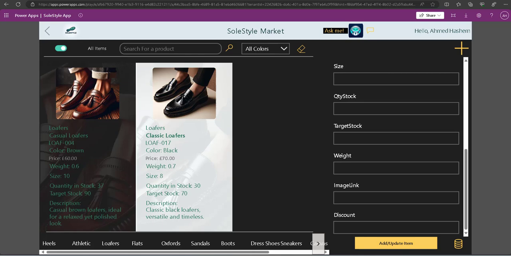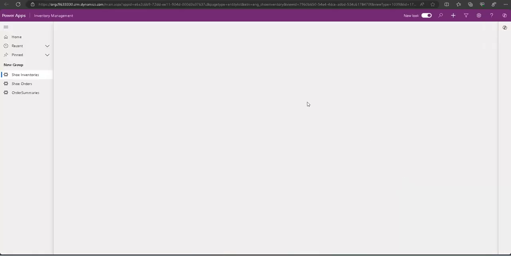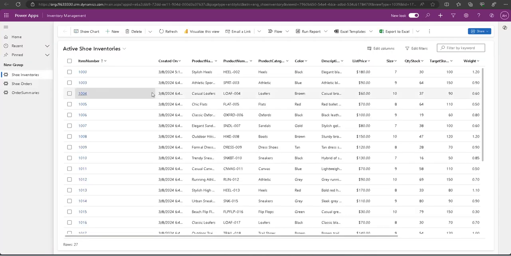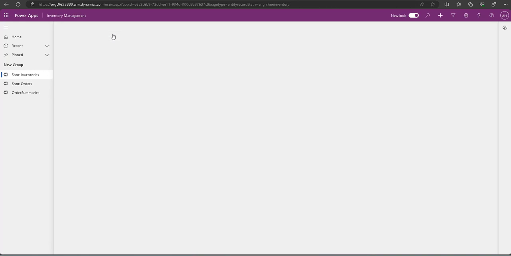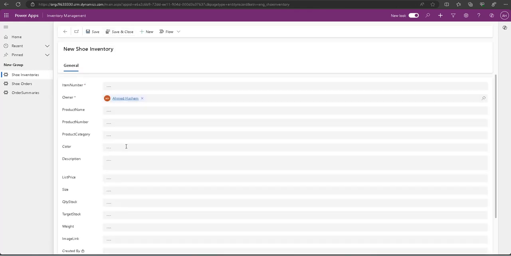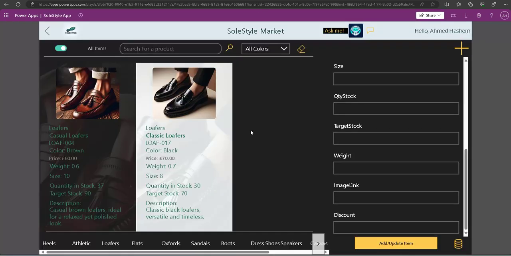and again update it in the Dataverse. Or I have here a button for the advanced edit that will navigate directly to the model-driven app, where I can edit and add a new item in the same way, but in the form of the table. So going back here to the Canvas app,